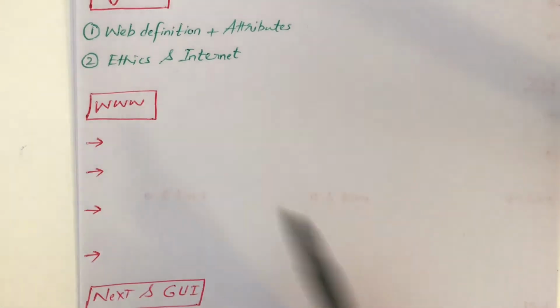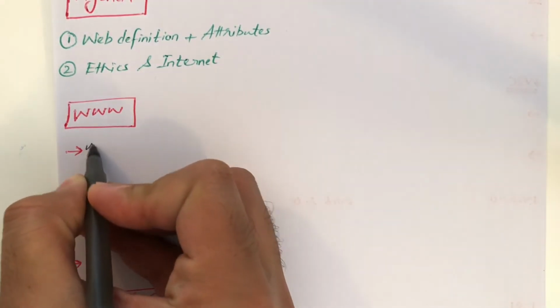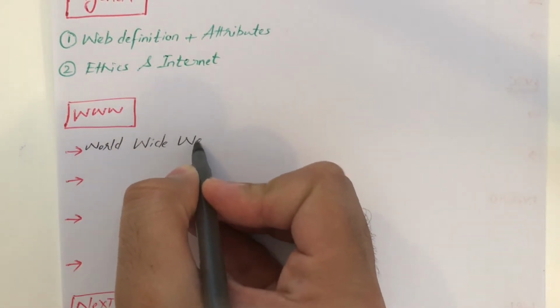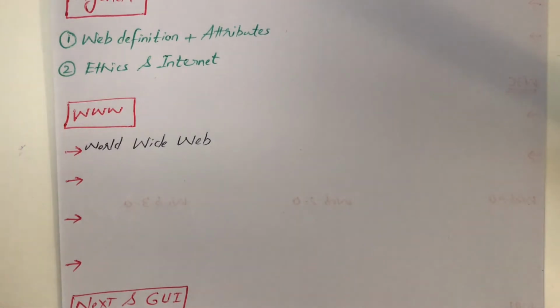First of all, www or web, both are the same things. WWW stands for World Wide Web. And what is basically a web? Please remember one thing: web is basically an interface through which we access the resources located over internet. So internet is a physical network, while web is basically a logical interface. So there is nothing located over web. Web just provides you a logical interface through which one can access the resources located over internet.